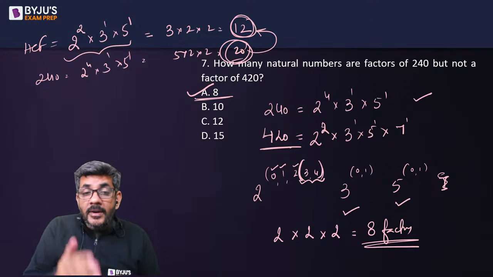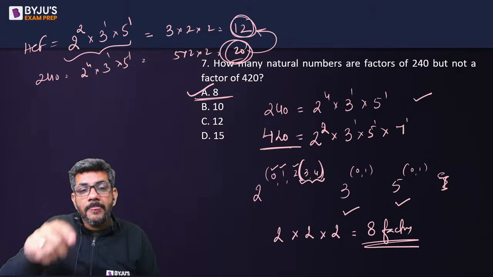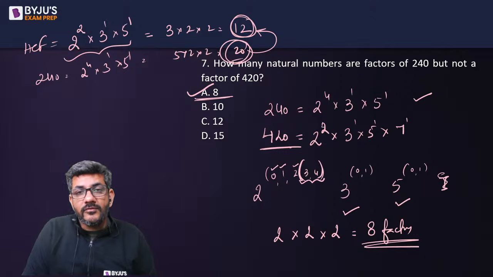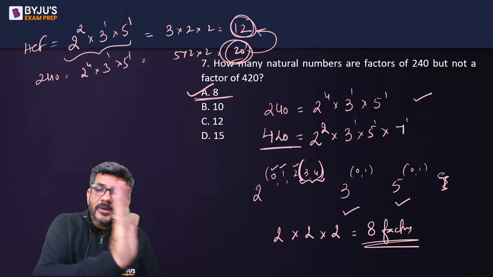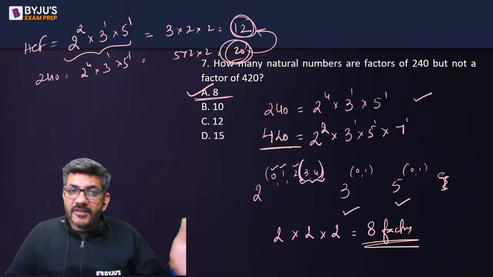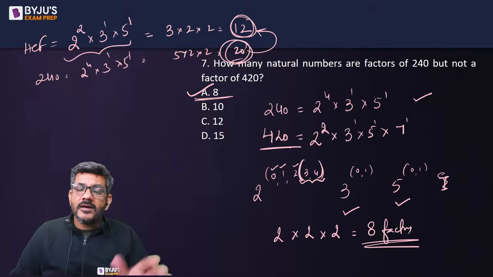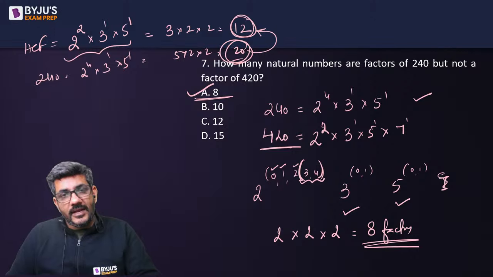So therefore, the moment you take the power of 2 above 2, it will be a factor of 240, but it will not be a factor of 420, because 240 has a power of 2 up to 4, 420 does not have it. और अगर ये ना हो तो ये पक्का अप्लाई करिएगा, 240 के फैक्टर निकालो, HCF के फैक्टर निकालो, माइनस कर दो, तो ऑटोमेटिकली वो फैक्टर आ गए जो 240 के फैक्टर तो है बट नॉट ऑफ 420. That way you get it.